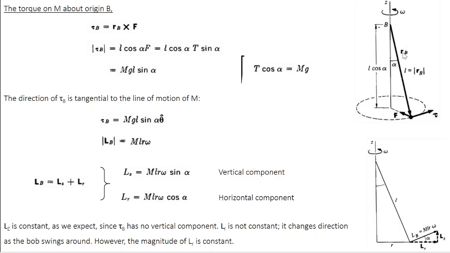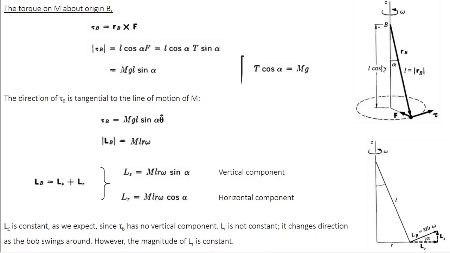So RB you can resolve into a parallel component and a perpendicular component, and the cross product with the parallel component is going to be 0, so you need to bother only about the perpendicular component. As you can see, this is the force, this is the perpendicular component. Since the angle is 90 degrees, the cross product is going to be replaced by a normal product of the